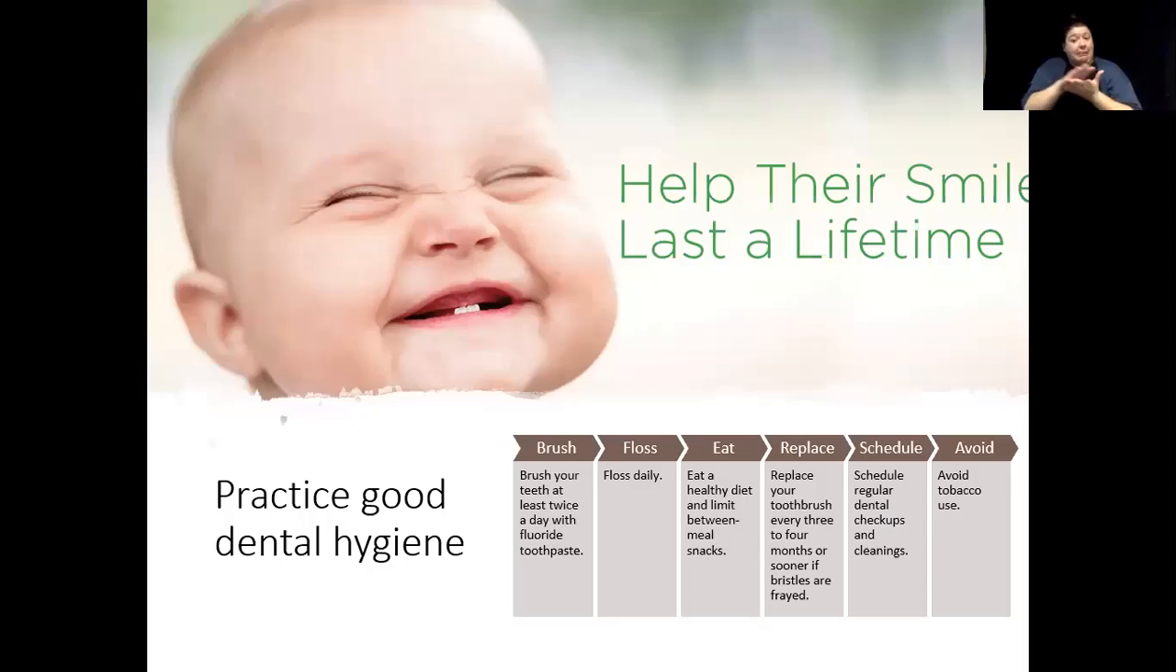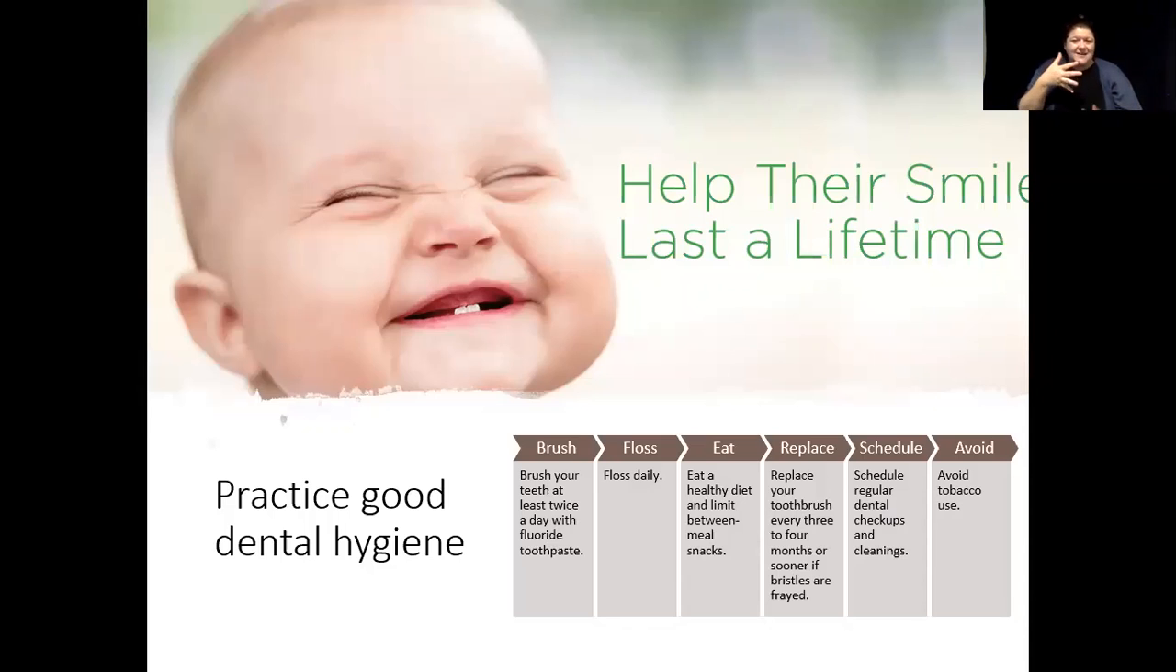So it's important to practice good dental hygiene. And you'll see on this picture, this is a really good illustration. When the baby's teeth start to come in, it's always the bottom two teeth that come in first. Later on, the upper two teeth come in, but there's a whole series of development of the teeth as well. So it's important to brush your teeth at least twice a day, floss daily, eat a healthy diet, limit the number of snacks between meals,